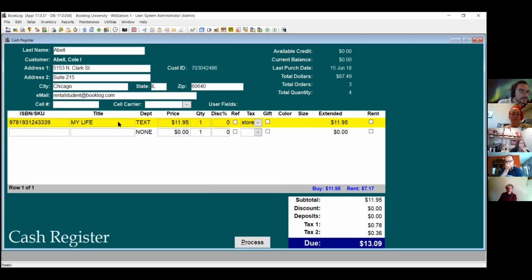Another thing you can do is research and change a student's rentals right from the touch screen. I'm trying to remember, does anyone here have the touchscreen module? Okay, the touchscreen is going through a lot of changes. Version 18 is going to have a completely different look to it with the touchscreen. So in some cases,